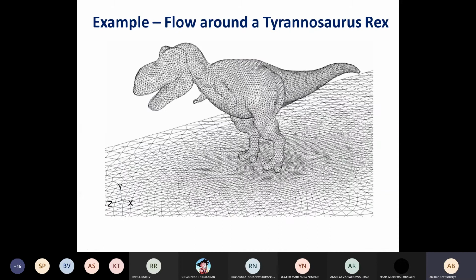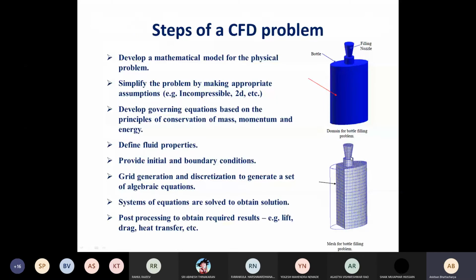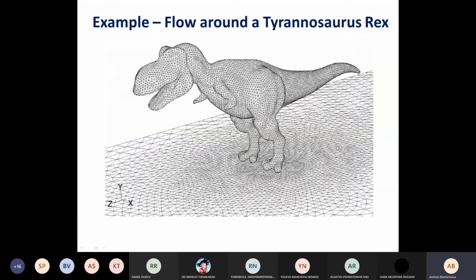Let us consider another example. Okay. Again, a similar problem, but now this is an external flow. This was an internal flow. This is an external flow. So, like I was saying, for the case of the flow over a car. So, you have a dinosaur. This is Tyrannosaurus. Okay, whatever it is. Just say you have an animal like this, and we want to find out the flow pattern around it. What has happened to the flow pattern around it, and what is its drag coefficient? How much drag is generated? How streamlined is this animal?